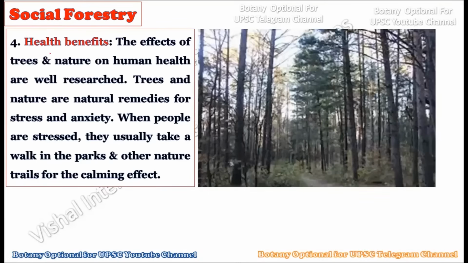Now the fourth benefit is the health benefit. Of course, the forest provides many types of health benefits. The very first is the production of oxygen. Healthy oxygen is produced from the forest, and this healthy oxygen is very useful for heterotrophic animal life, including human beings. Whenever there is a forest or high trees in the area, they will provide a very pure form of O2, and at the same time absorb the harmful CO2 from the atmosphere. So the right balance between the O2 to CO2 ratio is maintained due to this social forestry program, and hence